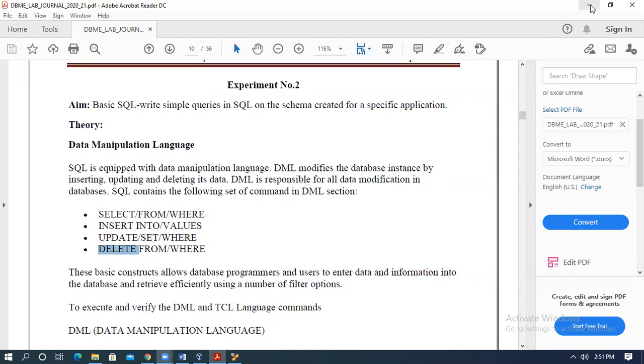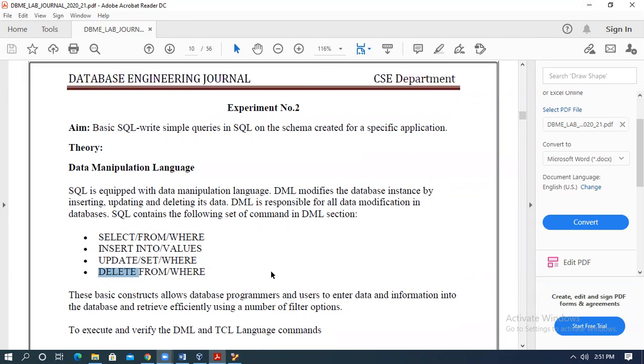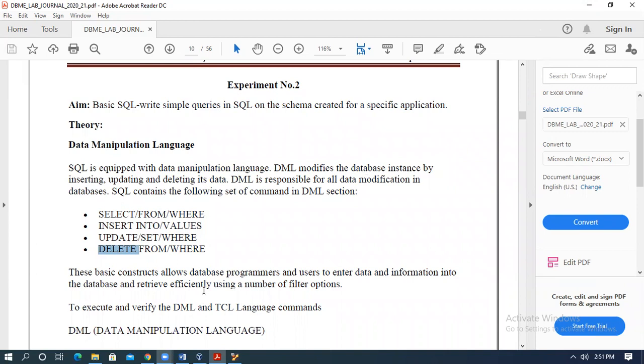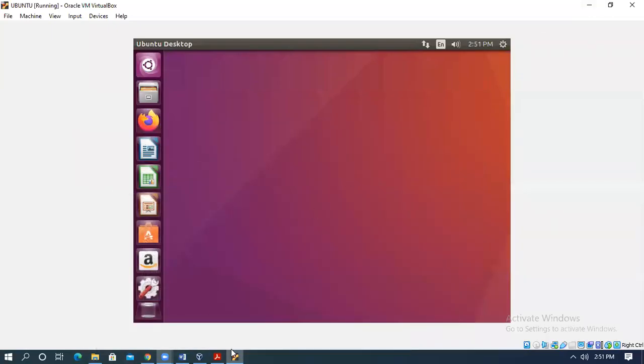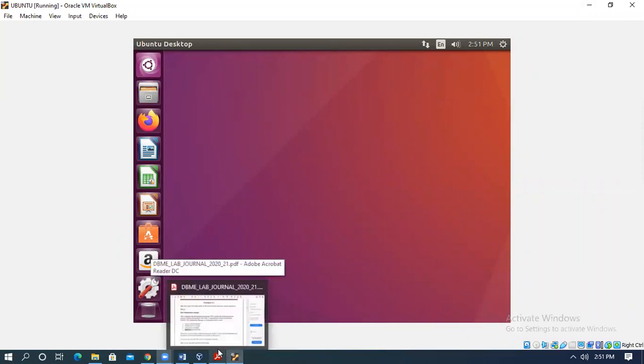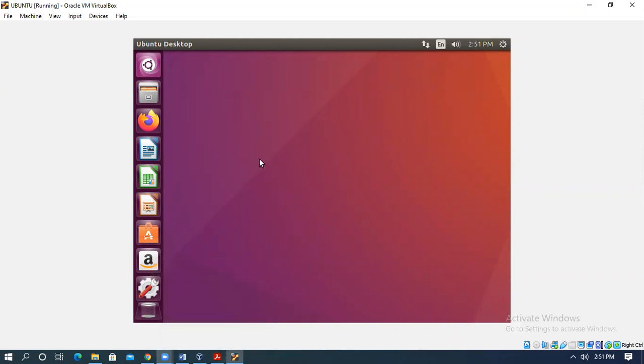Now we'll see how to execute all these commands using data manipulation language commands in SQL. We'll also see one more command of DDL, which is required when we create a database.